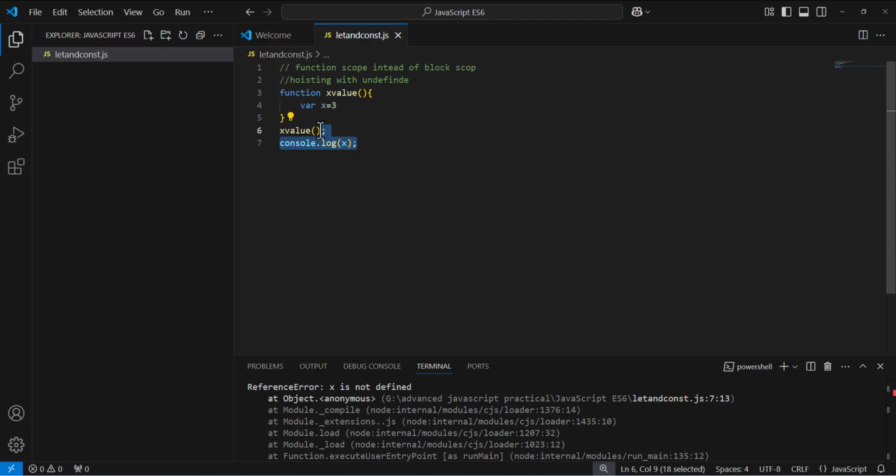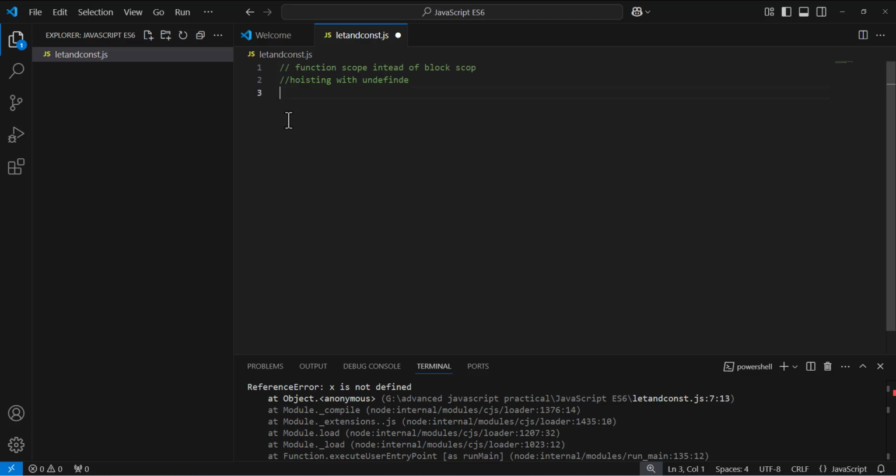But this was the first problem in JavaScript of creating a var variable. So now I'm explaining what is block scope. In a block scope, the variable should be only accessible in a block. A block means the if, for, and some other conditions. It means the variable will only be accessible in this. So, for example,